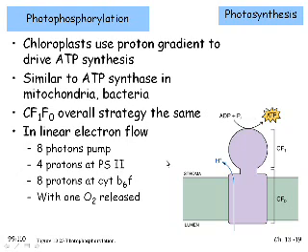If we look at the linear electron flow, using both photosystems, starting with electrons from water and ending up with NADPH at the other end, we can do some bookkeeping on that. 8 photons, so 8 particles of light that are absorbed, will pump 4 protons at photosystem 2. They'll pump another 8 protons at cytochrome b6f, and that overall will release 1 oxygen gas molecule. That would be a total of 12 protons,